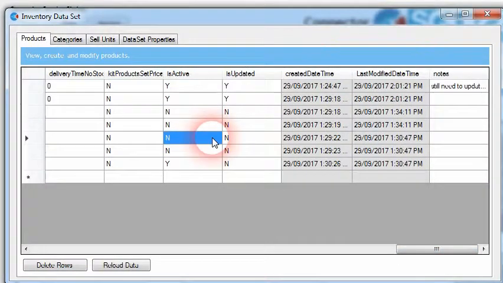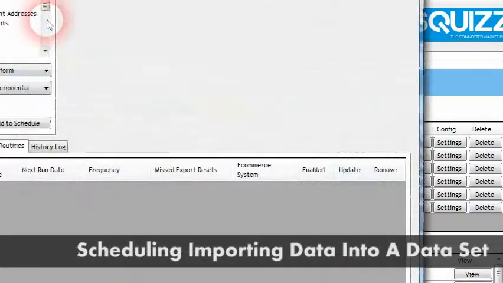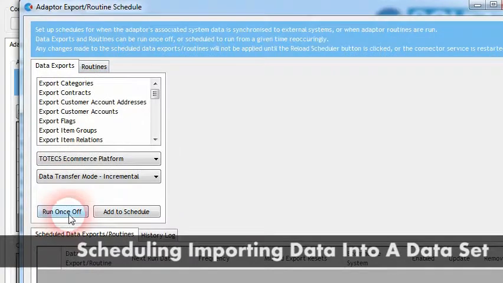So this allows us to know which product data we should still keep maintaining and which data we no longer care about, based on the data being pulled out of different systems. Now, the other aspect to exporting data out: we're running these exports once off in a manual fashion, but